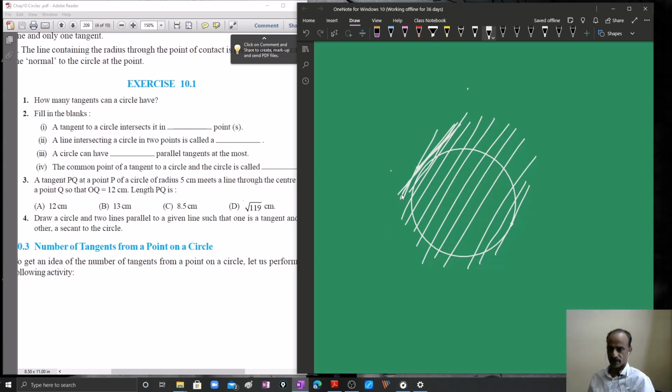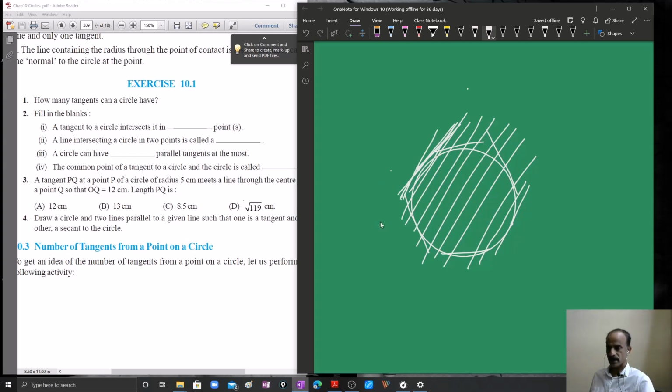One set at a time. You can draw another parallel set of tangents, a third set of parallel, a fourth set of parallel. So an enormous number of tangents. This particular question can be interpreted in two ways. A circle can have two parallel tangents at the most, one set at a time. Similarly, you can draw an enormous number of sets, or pairs, of parallel tangents. And the common point of a